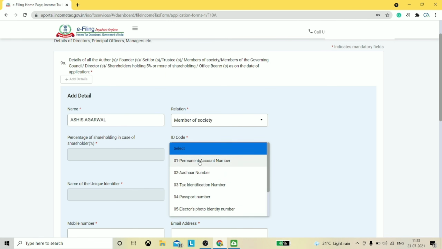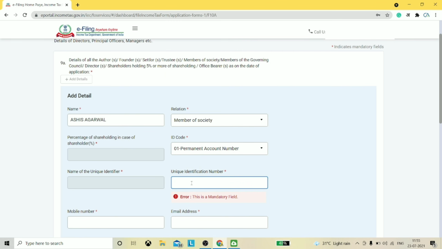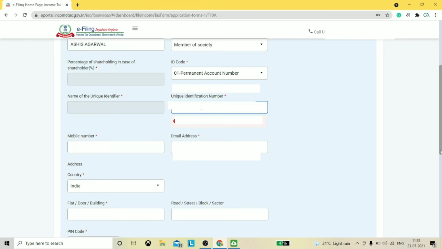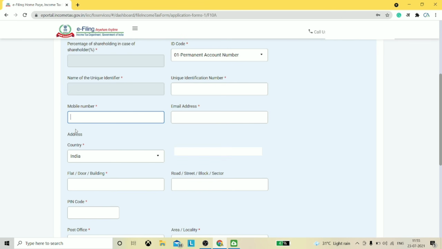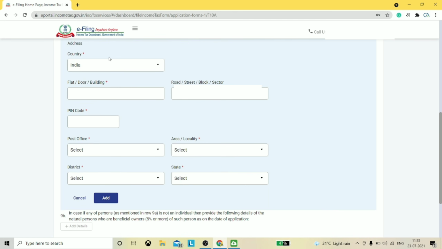So suppose I select the PAN. So this box will automatically become editable and you can write here the PAN of the person. This is the mobile number, where you can provide the mobile number of the person, and then the email ID along with the complete address of such person.